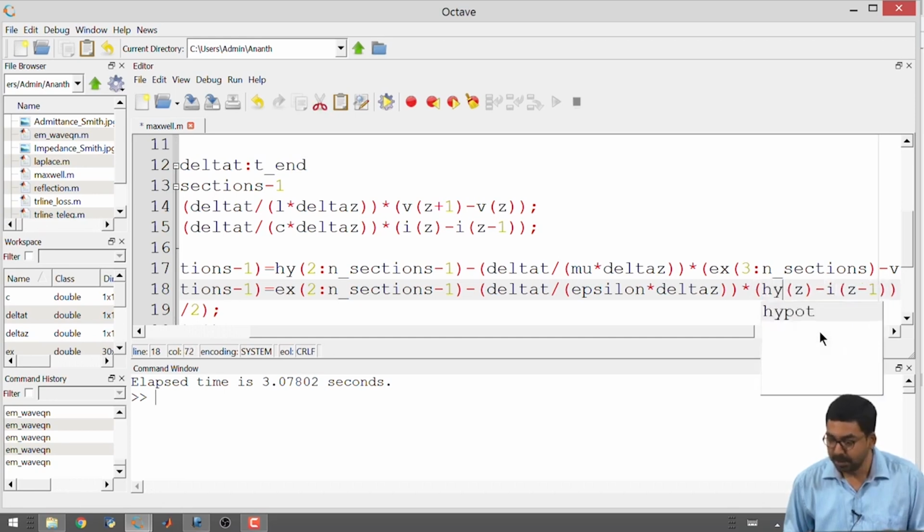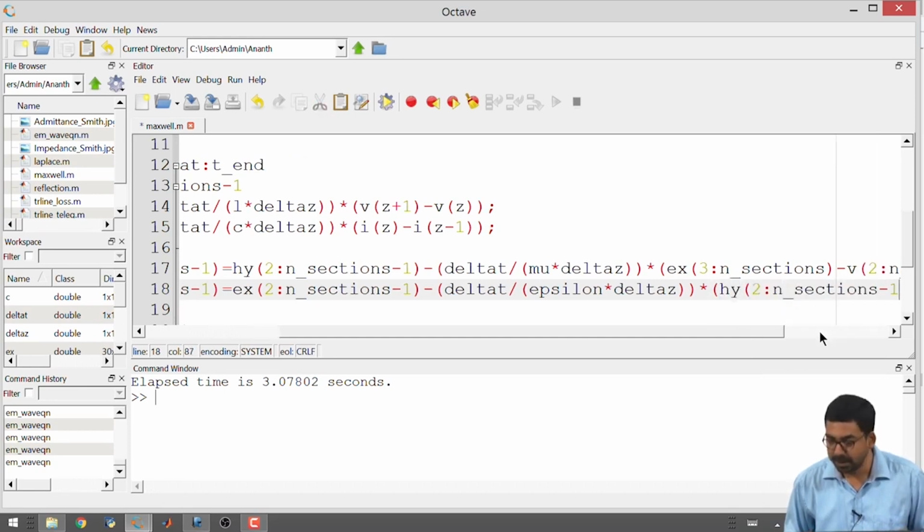I is being changed to Hy, Z is once again changed to n sections minus 1,